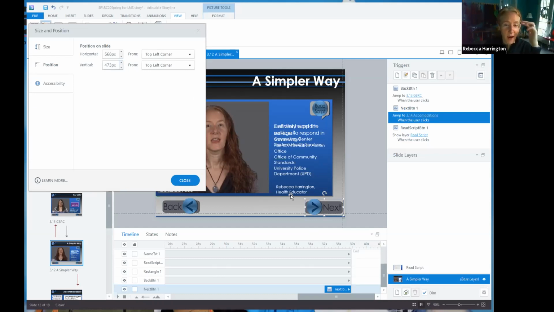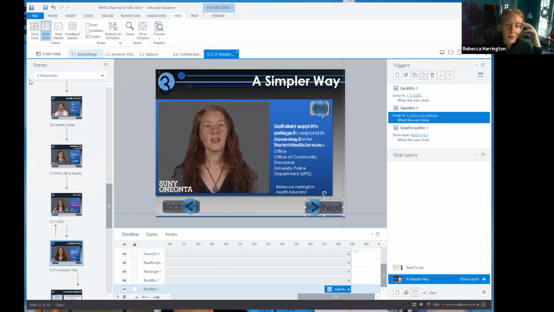So you want to ensure that you do have that figured into the planning process. Once you have a next button on every page, go through and make sure they're all in the same place. Once you have your back buttons, do all the same thing. And like I said, I do tend to work on slides that are similar in format at the same time.